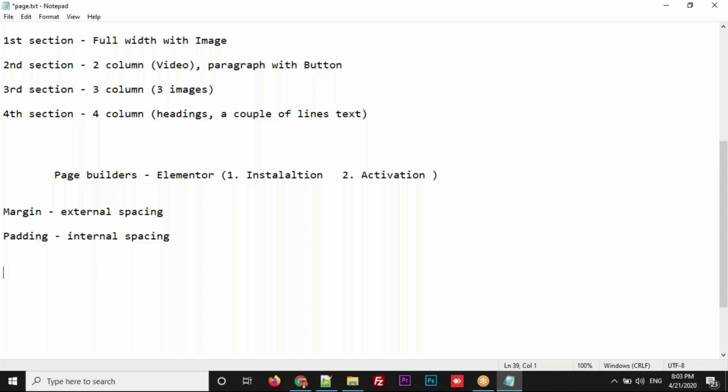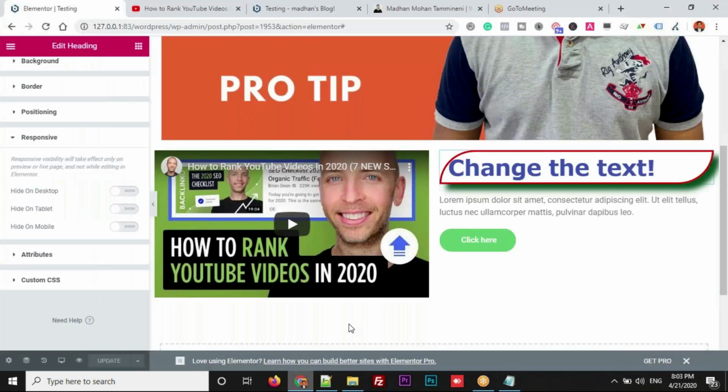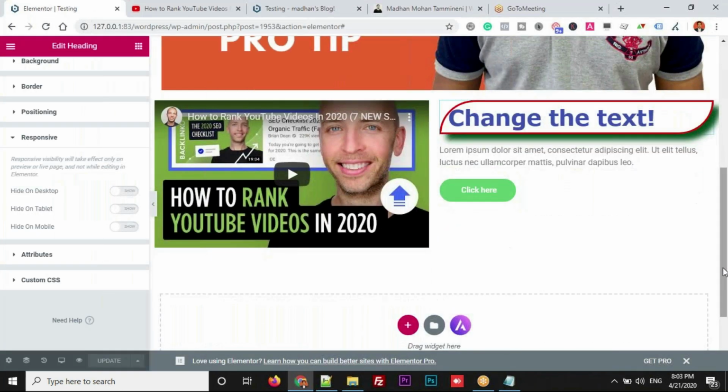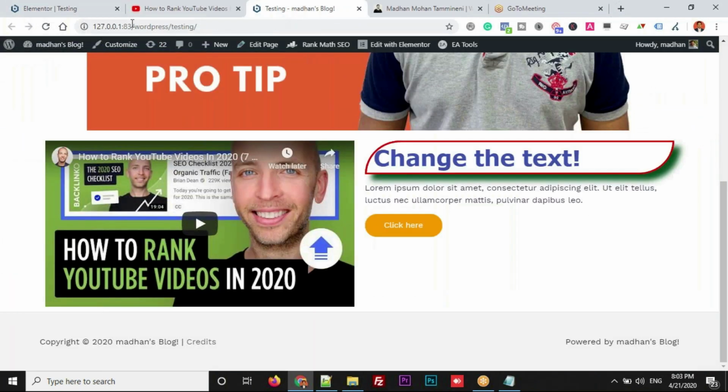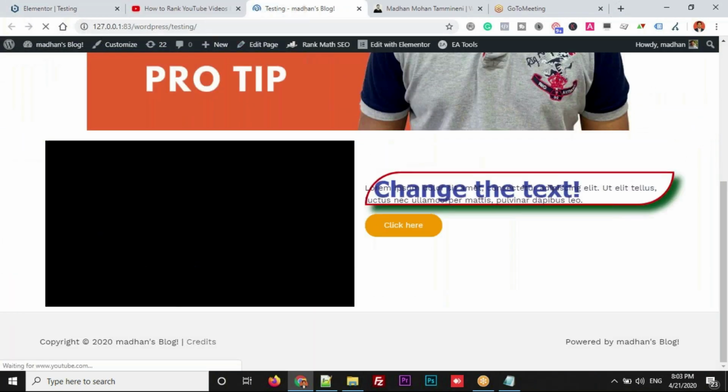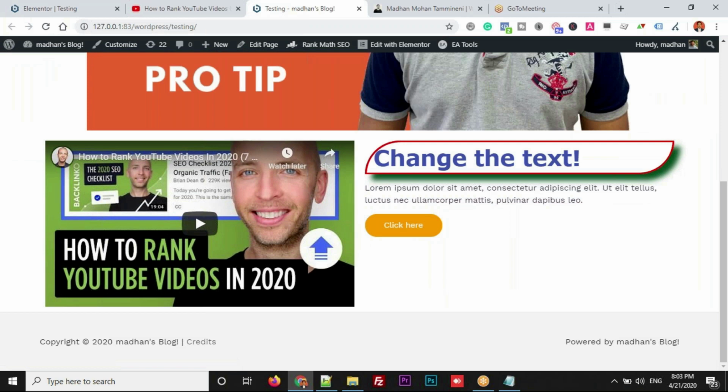Let me show you an example so that you can easily understand. For example, this is the case. I just open this page, let me refresh. I just opened this page on desktop. That is the reason I have two columns here. What if I open the same page on a mobile? Is it possible to accommodate these two one after another like this in the same way on a mobile phone?